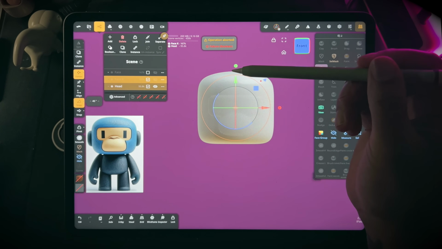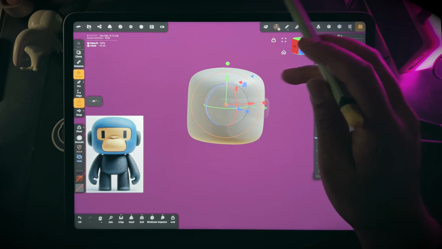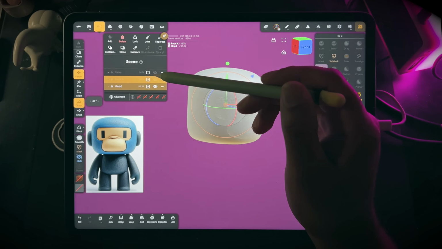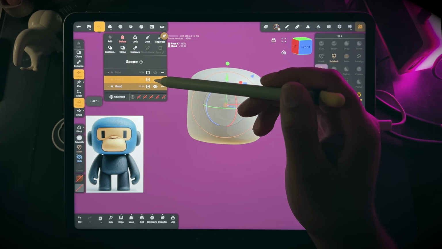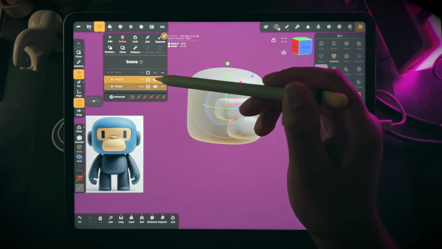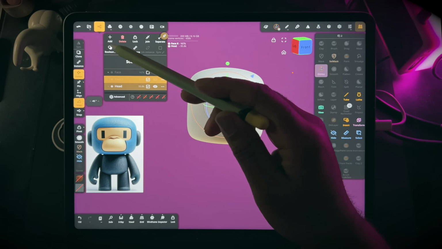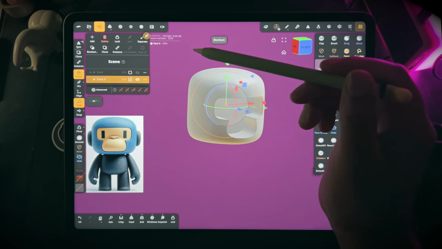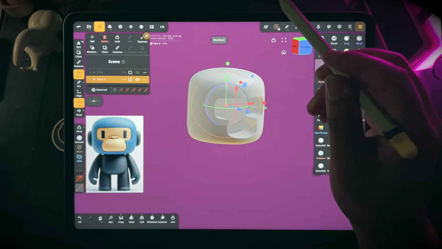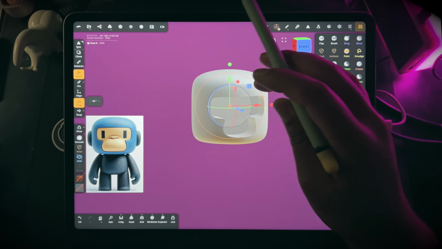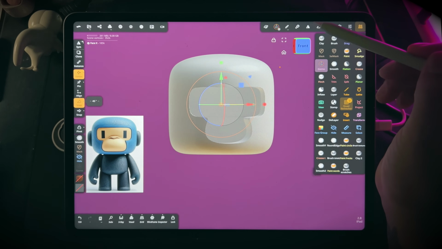Oh. Oh, I don't know why it didn't work before. It's very odd. Okay, so anyway,